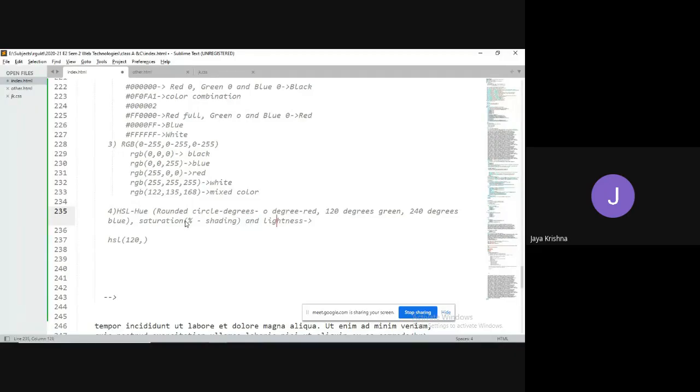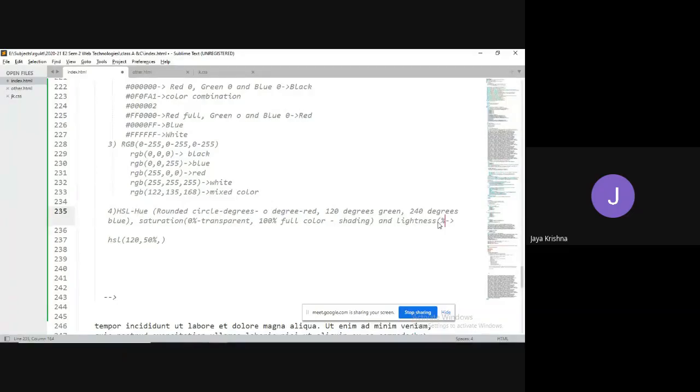For example, if I am giving 0%, then it is transparent. If I am giving 100%, it is the full color of green, because I have passed the value as 120, right? For example, I can pass 50%. And the third parameter is lightness, which is also represented in the form of percentages.